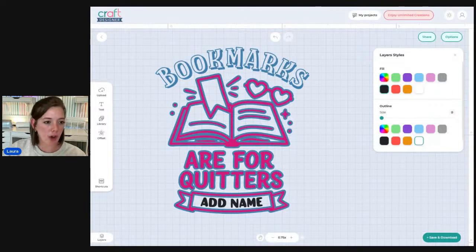But yeah, these are just fonts pulled in from the Plus library. So that's another reason why Craft Designer is included with a Plus membership, because all of these different pieces work seamlessly with each other. So like we're pulling in elements from the Plus library, we're pulling in fonts from the Plus library, and all of those things just end up getting wrapped up into your membership. So they all kind of work together.